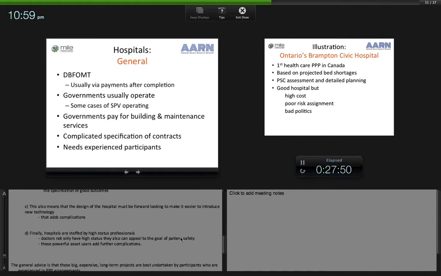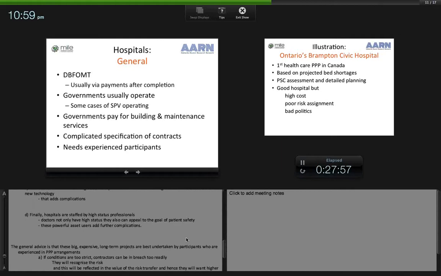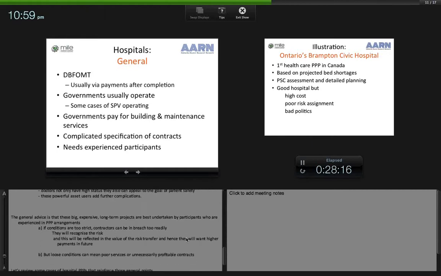And finally, and this matter should not be underestimated, hospitals are staffed by high-status professionals. Doctors not only have high status, but they can also appeal to the goal of patient safety. And that means that they are powerful users of the asset, and powerful asset users add further complications to the PPP process. The general advice is that these big, expensive, long-term projects are best undertaken by participants who are experienced